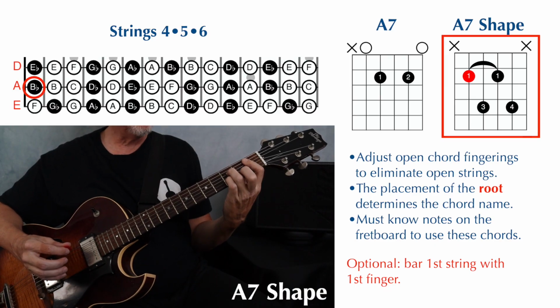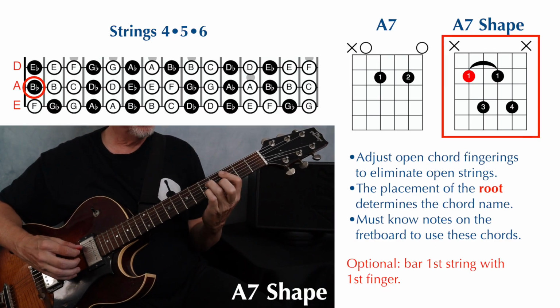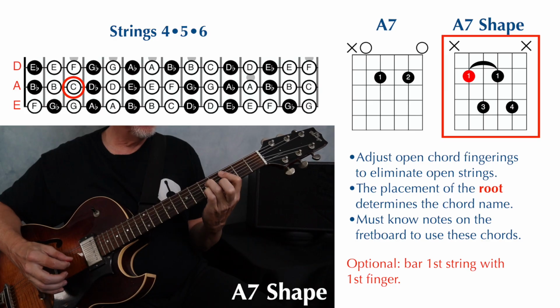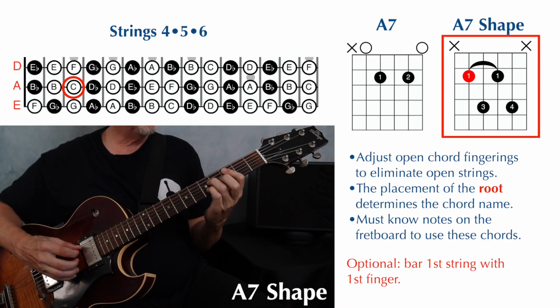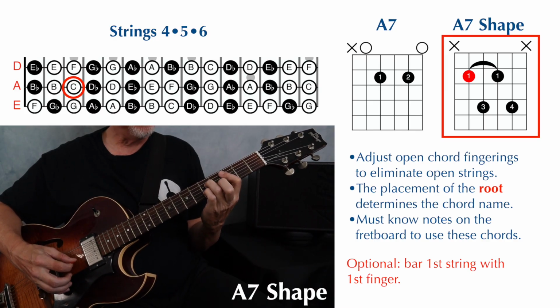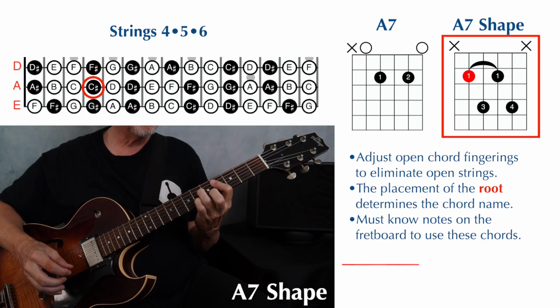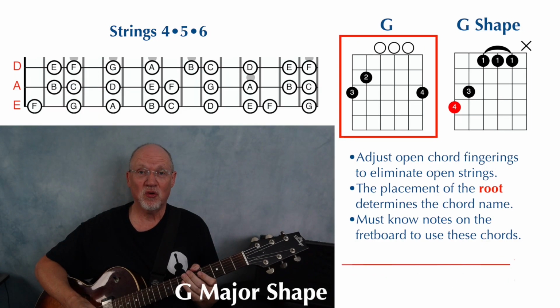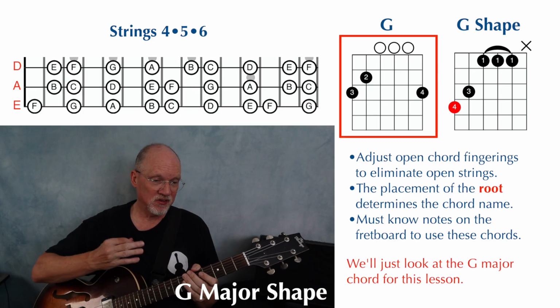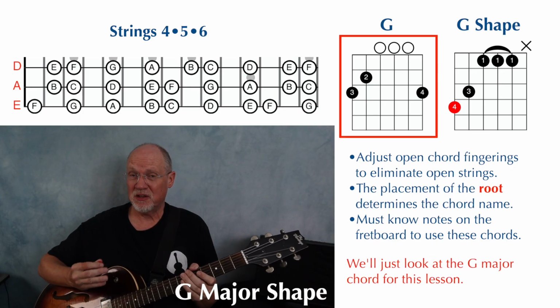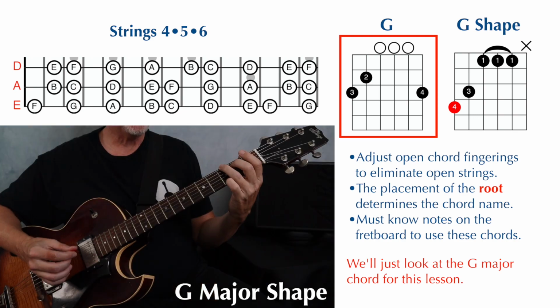This is a B flat 7 because of where I'm placing the root. Move 1 fret higher, it's a C7, excuse me, 2 frets higher and it's a C7, and 1 fret higher, you got yourself a C sharp 7. And the G shapes, or I should say G shape, because in this set, it's really just the major shape that's practical. G major chord,